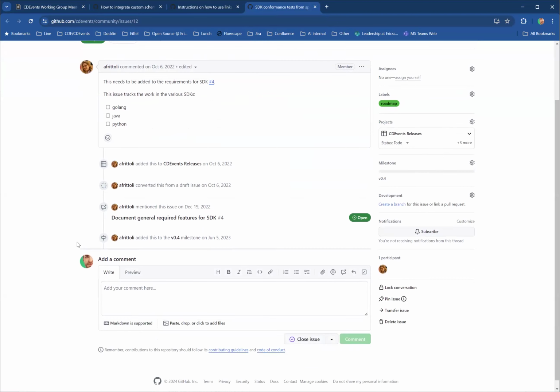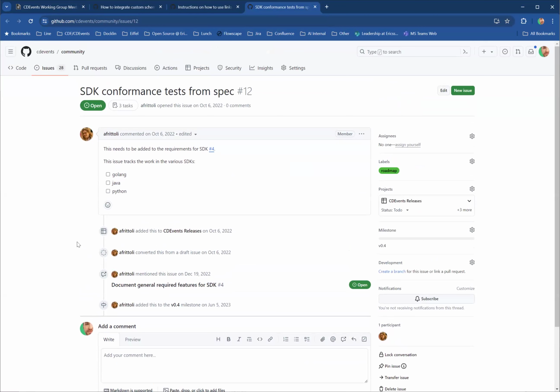Maybe this is actually somewhat there already when we in the SDKs now validate towards the schemas. But I guess it's more also about making sure that the features we require from the SDKs are actually there